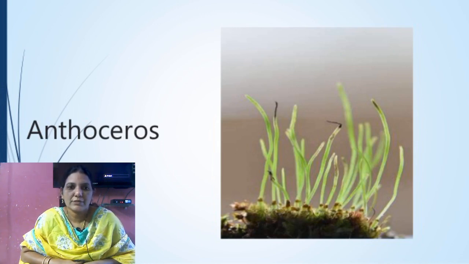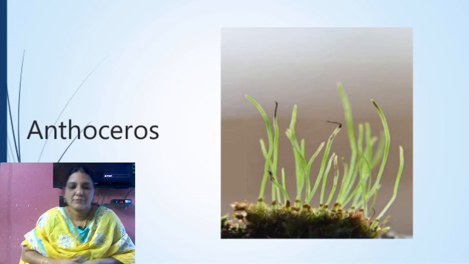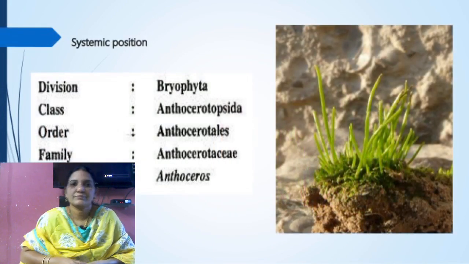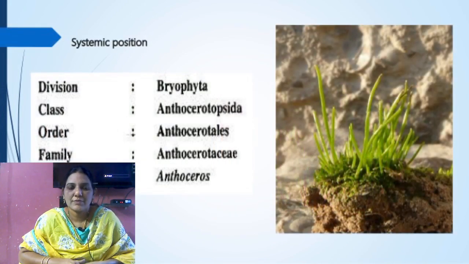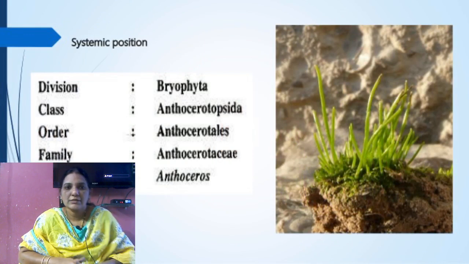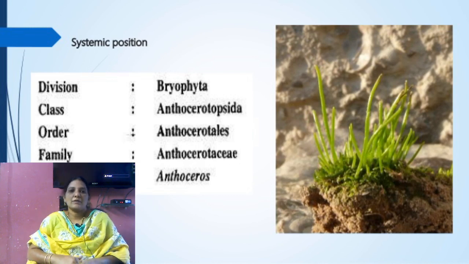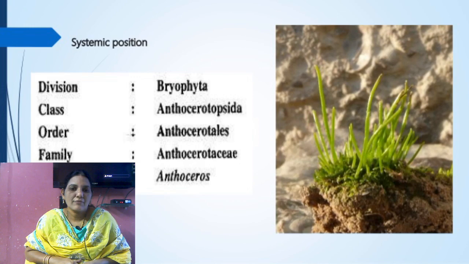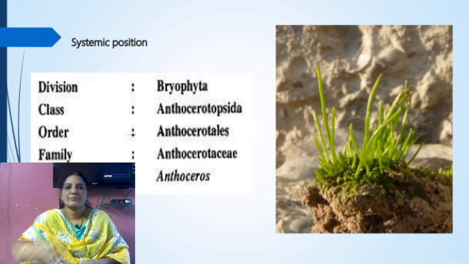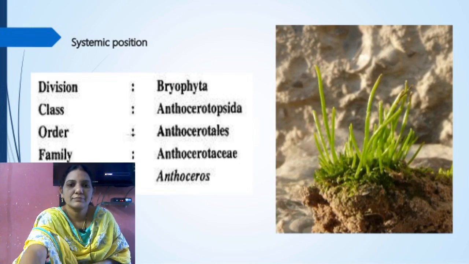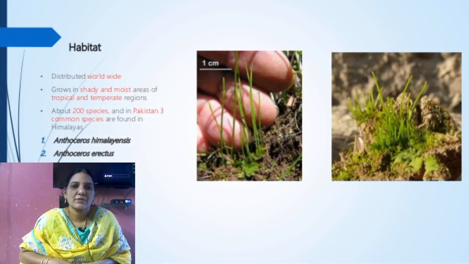Today we discuss Anthoceros. Systematic position of Anthoceros: Division Bryophyta, class Anthocerotopsida, order Anthocerotales, family Anthocerotaceae, genus Anthoceros. So the Anthoceros thallus grows in moist soils,